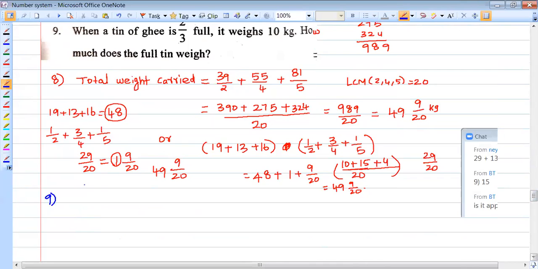Question number 9, what does it say? When a tin of ghee is 2 by 3 full, its weight is 10 kg. How much does the full tin weigh? Everyone try to understand this question. When a tin of ghee is 2 by 3 full, it weighs 10 kg. Let